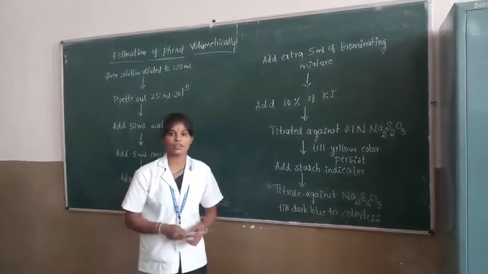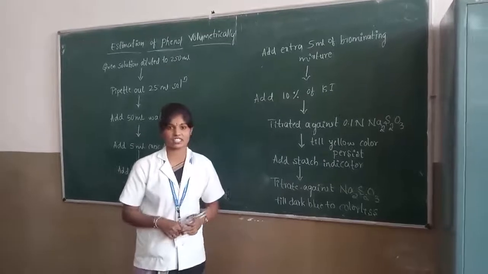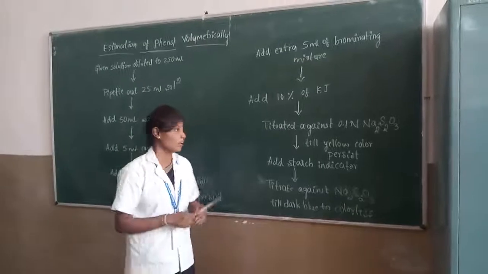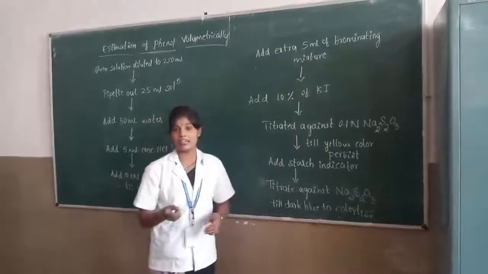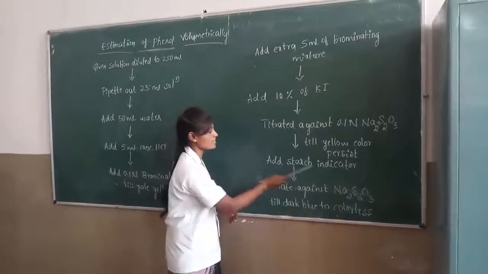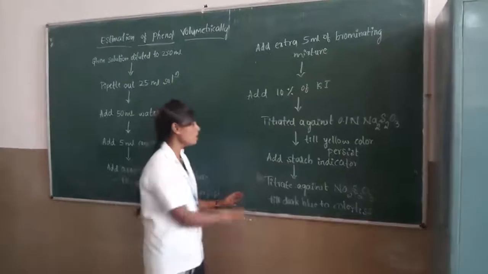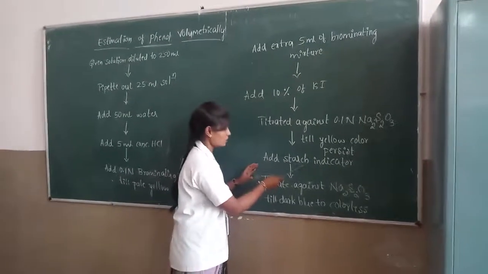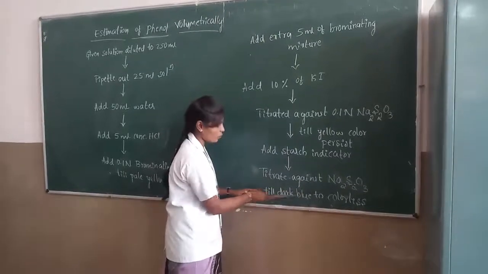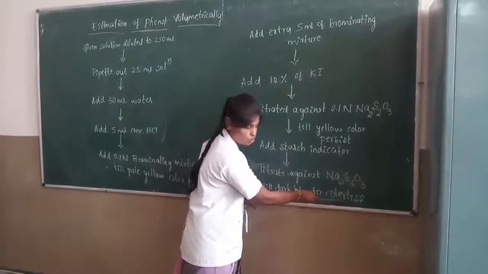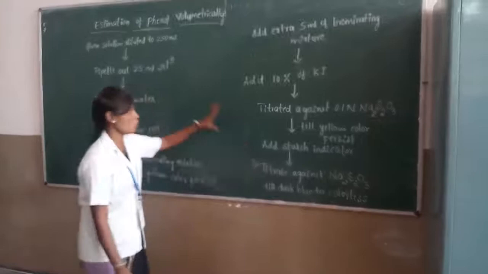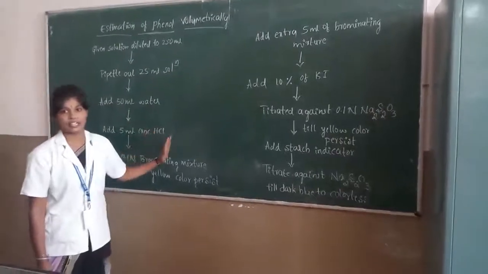In almost all titrations we add the indicator in the initial stages, but in iodometric titration we add the indicator in the middle of the experiment, because it indicates the little amount of iodine present in the given solution. That dark blue color solution is again titrated with the sodium thiosulfate solution until the dark blue color is converted into a colorless solution. That reading gives the end point of the titration. So this whole procedure is the main titration procedure.